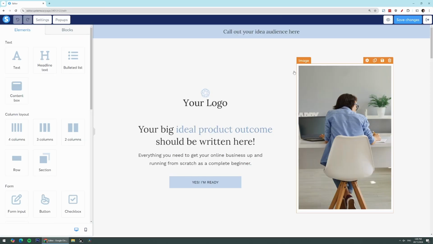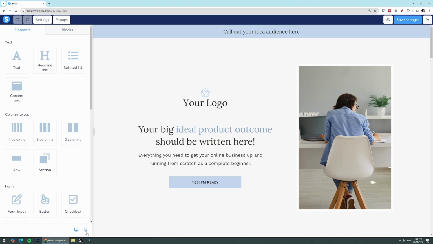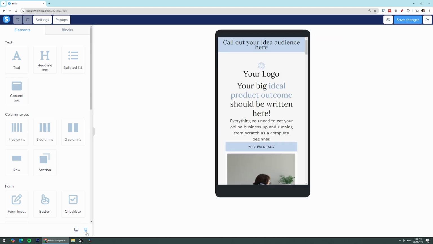You'll see your page normally, what people would see on a computer or a tablet. Down the bottom here, you've got a mobile phone icon. If you click that, you're going to see a preview of what your page will look like on a mobile phone device. It is the best guess, and we will need to double check this on an actual phone at the end to make sure we don't need any further tweaks, but this is a good estimate so you can